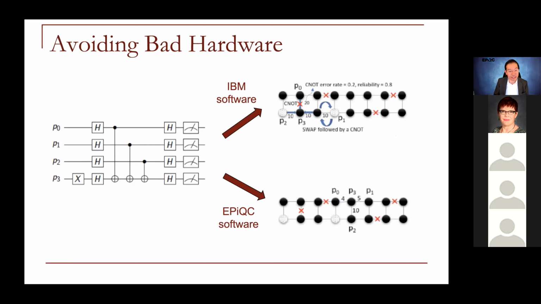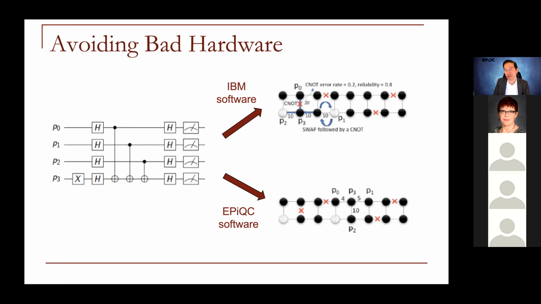Now, the idea is really simple, right? So here on the left, I have a simple quantum circuit. If you're not familiar with these, the qubits go in on the left, time goes from left to right. The little meters on the right are the results, where we measure the result. The boxes in the middle are single qubit gates or operators on a single qubit. And the little dots with the pluses, those are 2 qubit gates. They're controlled NOT gates.